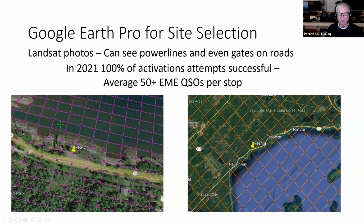Now with Google Earth Pro, given the quality of the pictures, I can see power lines. I can even see what kind of power line it is. And I can see gates on roads. There was only one time last summer where I picked a site that I wanted to get into and ran into a gate that I didn't anticipate. The Landsat photos on Google Earth Pro are really good. And I probably spent about an hour of planning for each